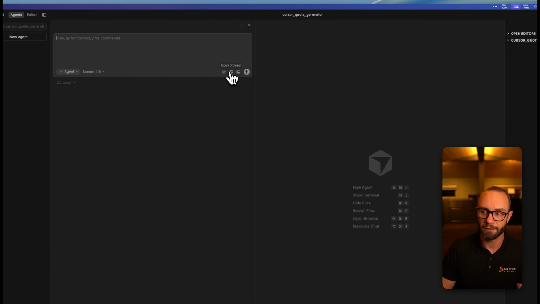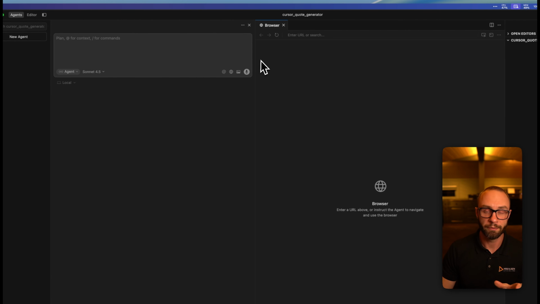So on the right-hand side here, there's a possibility to open a browser, and that's very good when we're going to come into having the AI actually do self-validation. That is, is the thing we're creating actually looking good and working good? The AI can do that itself and do the feedback for you. You don't have to sit and say this is wrong. It can actually check itself.